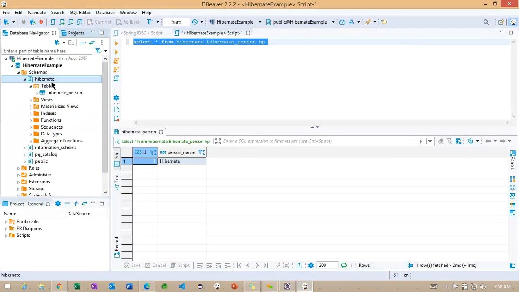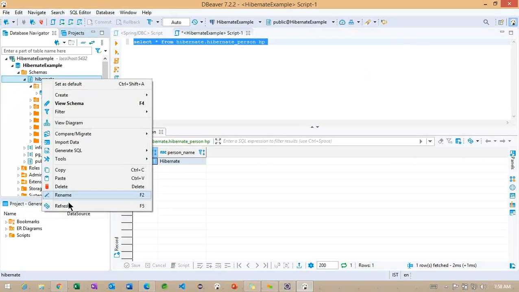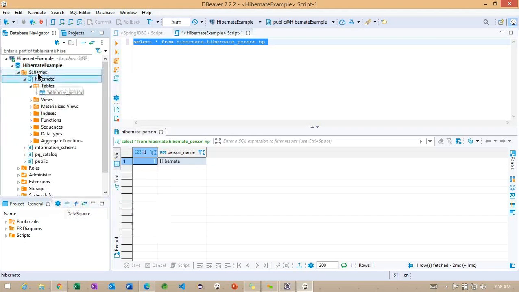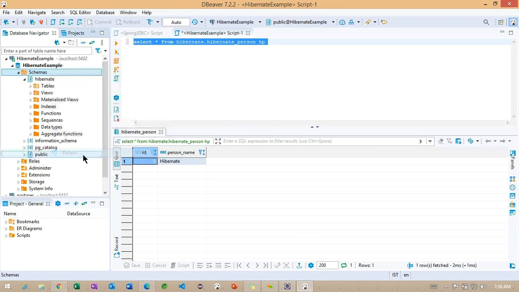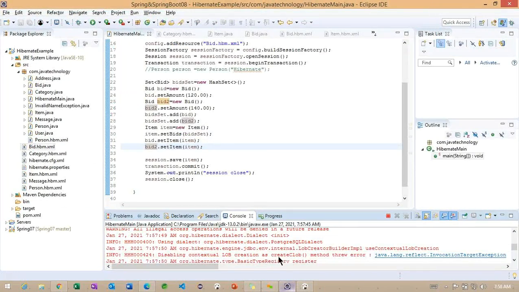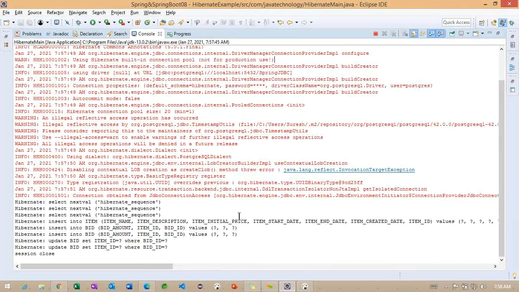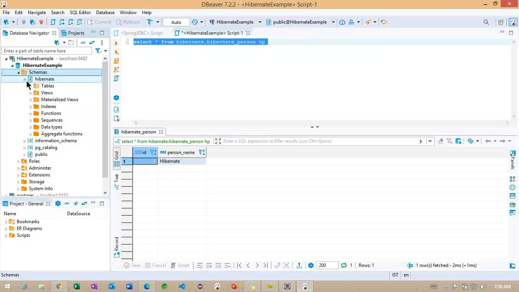We can check here. Oh, which schema are the objects created in here? Inside which schema are the objects created? That is called the public schema, I guess.